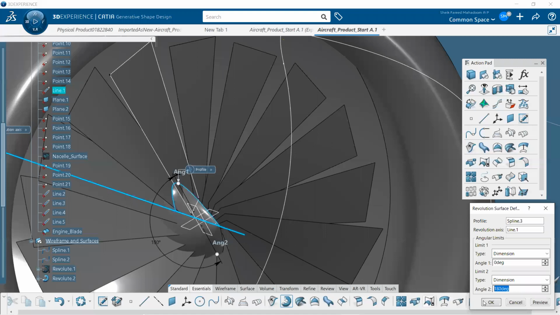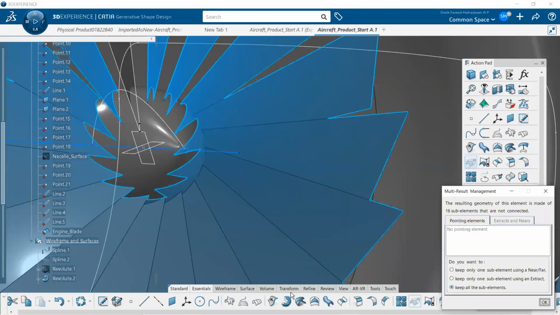Okay. That's it. The complete engine outer surface is created. Any doubts on how to create the engine part? As you can see, once after completing the blades, I created the inner portion by taking the splines. I just created the revolve, and then I just fitted the revolve blades over here, so the engine comes out perfectly completed.